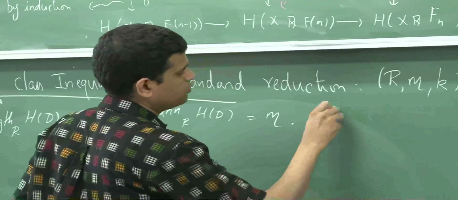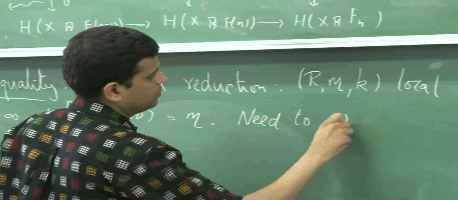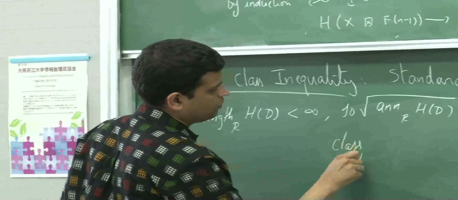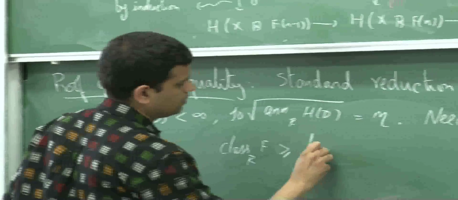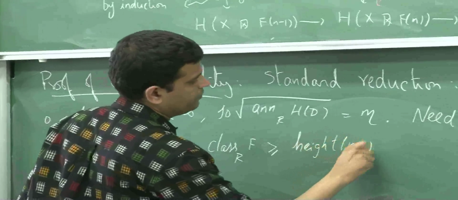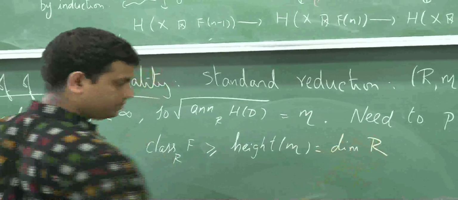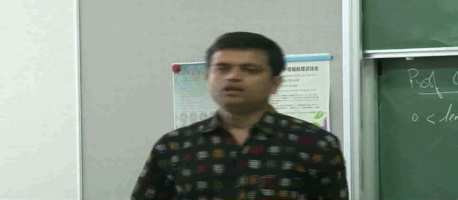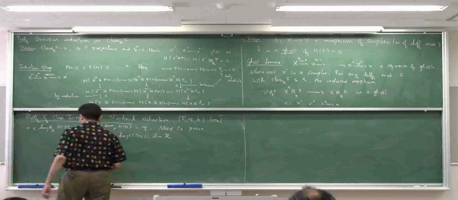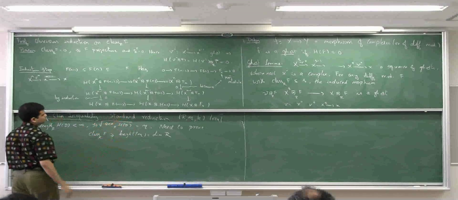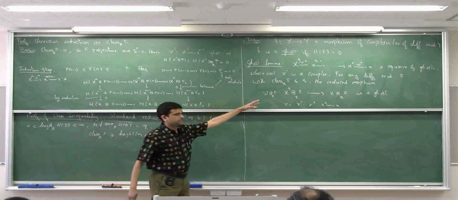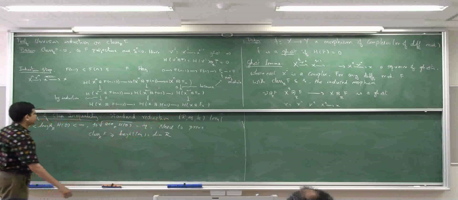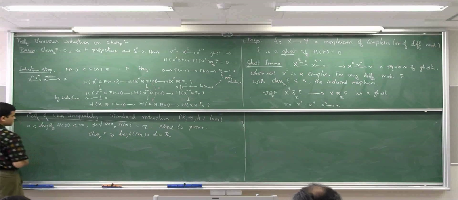Yeah? And we need to prove that the class of F is at least the height of the annihilator, which is of course the dimension of the ring. Right? So the proof is as follows. We want to construct a chain of complexes for which this property is violated for F. So I want to use the Gauss lemma. So the first step